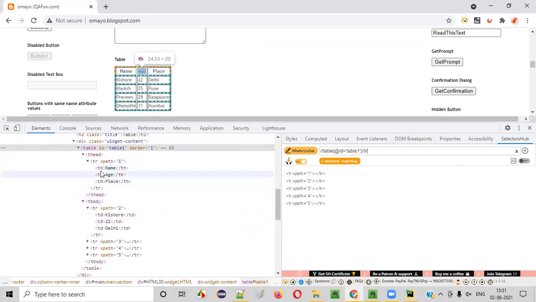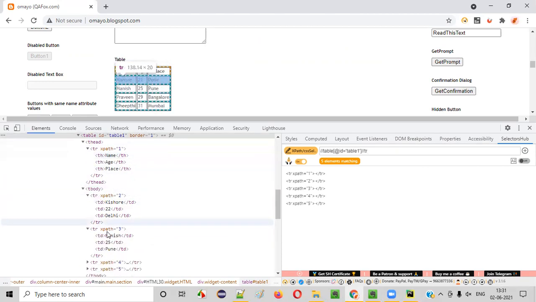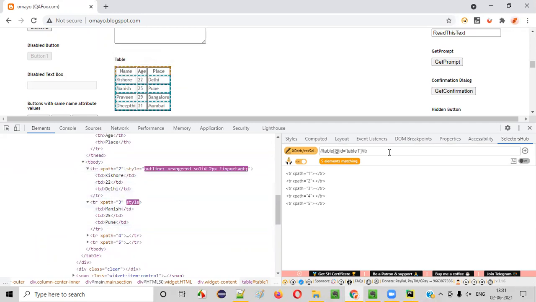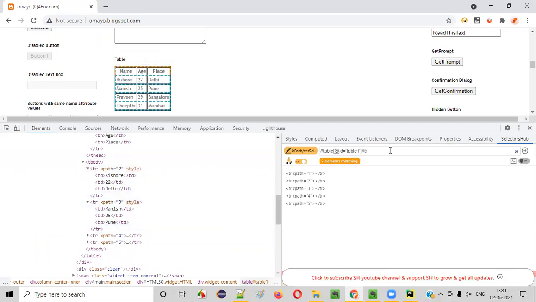Under the tr, we have to get the first one, right? It can be either th or td, doesn't matter. Under this first tr, this is the first th. Under this first tr, this is the first td. We have to get the first ones. So for that, I will say /*[1]. Enter. What's happened, guys? Can you see here? I was able to get the first column. Complete first column got highlighted here using this XPath expression.